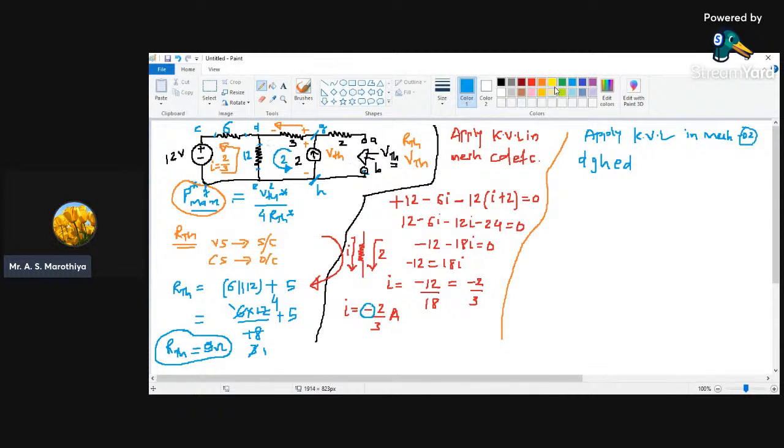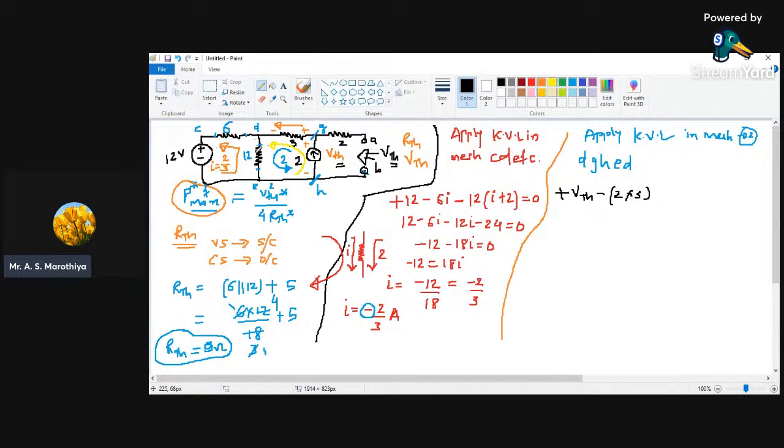Now we need to read the circuit. You may read the circuit in clockwise, you may read the circuit in anti-clockwise. Suppose I read the circuit in the anti-clockwise sense. So first we are going to experience a voltage rise across this 2 ampere current source, and that voltage is going to be VTH. So it is going to be plus VTH, which we need to calculate. And then when we are moving through this 3 ohm resistor, we are moving in the direction of current, and the current is 2 ampere. Hence we are going to experience a voltage drop. So it is going to be minus 2 into 3,